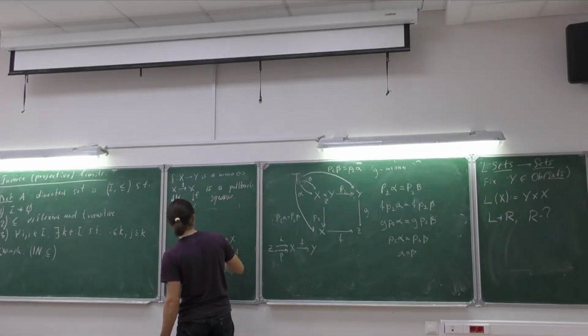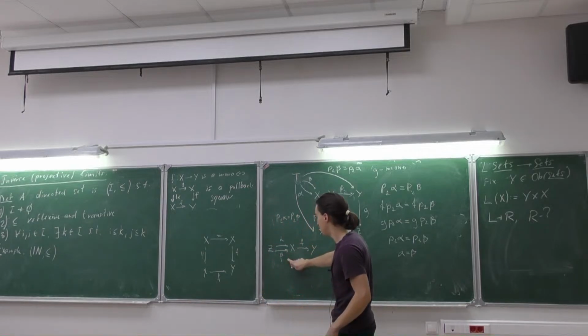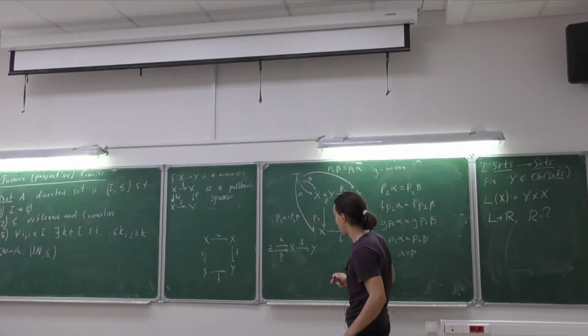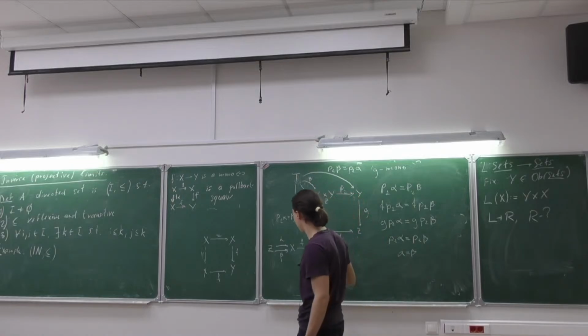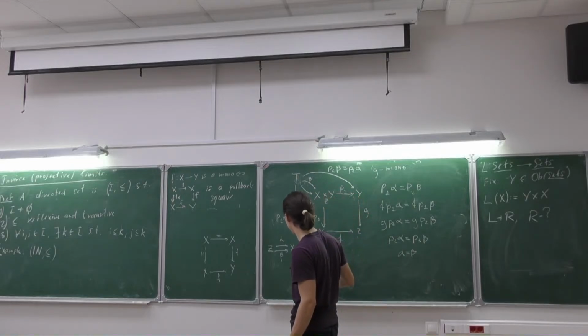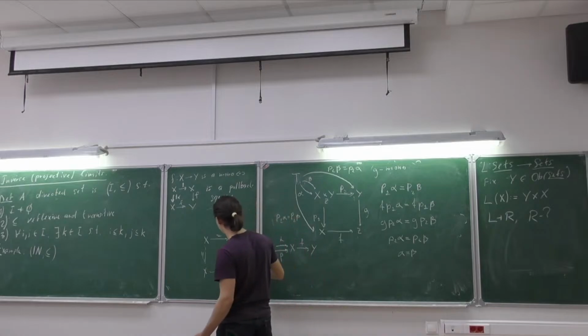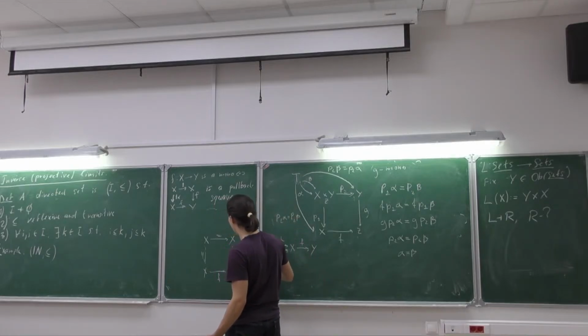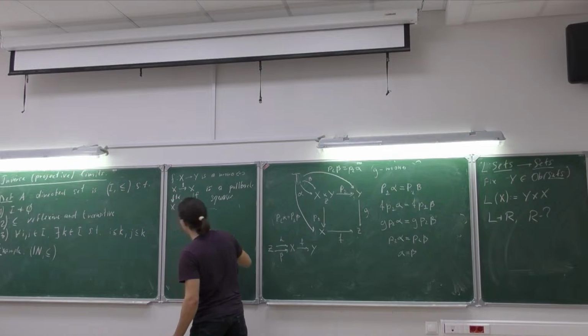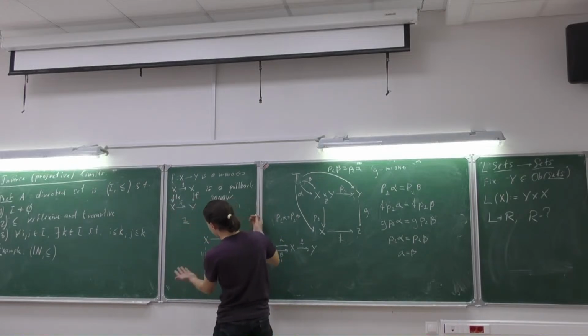Suppose we have again two maps, alpha and beta, and we know that if we have a cone over this diagram,